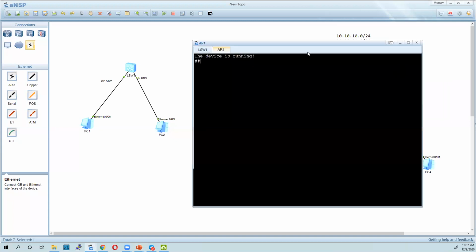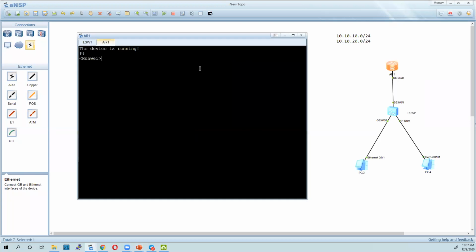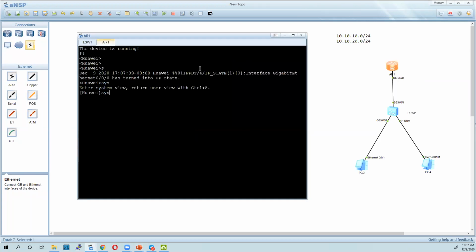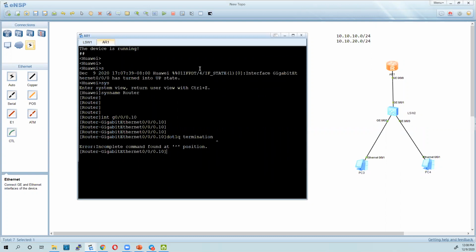We are going to go to this router and give it a system name, router. Then we shall go to interface GigabitEthernet 0/0/0.10, that sub-interface. Then we shall enable dot1Q termination, and specify the VLAN, VID 10.